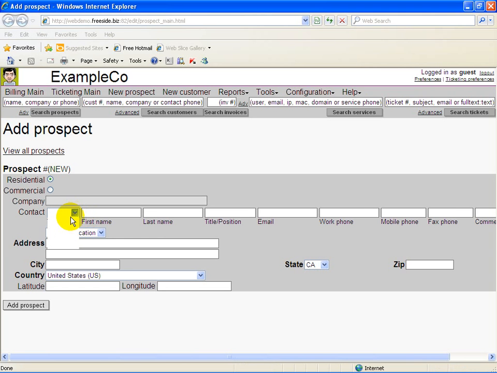Right, so I'm going to select from this drop down list. The type of contact I select, say, service, and then